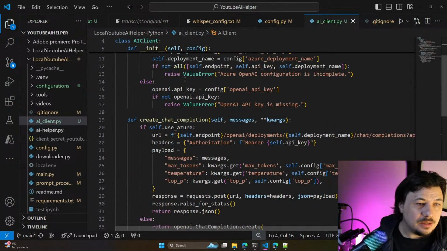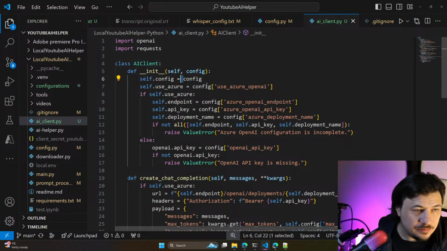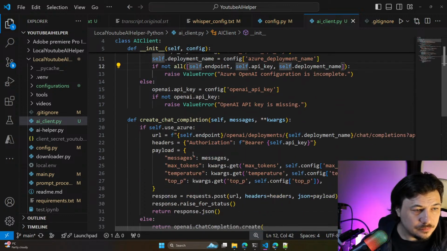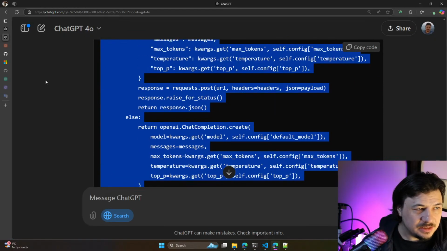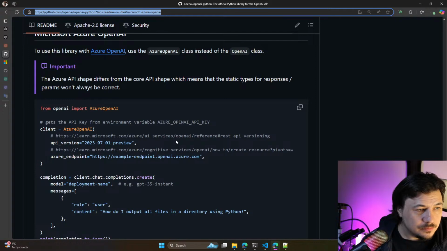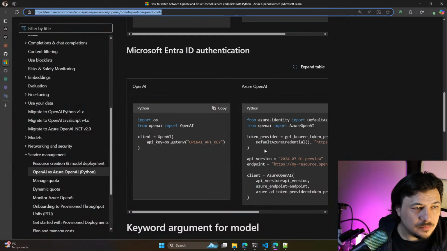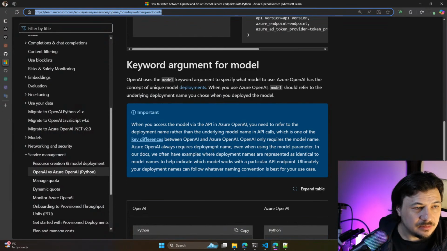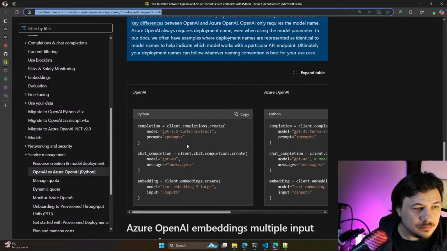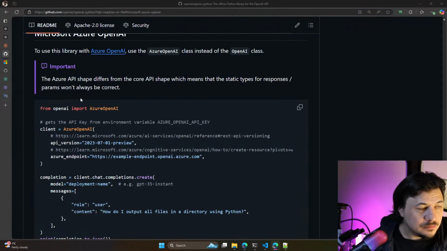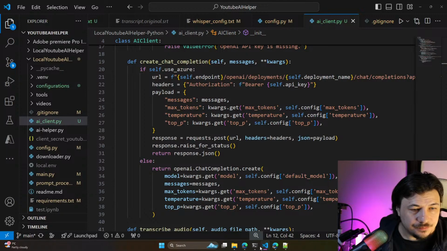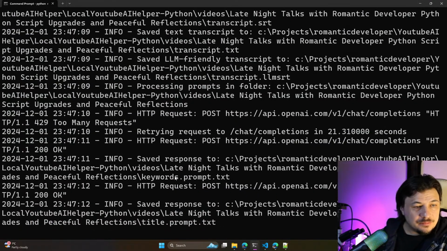So AI client, that's fine. Create chat completion here, it's not fine. And let's see. We need to do it like that. Client completion create. No. So let's see what we have here.